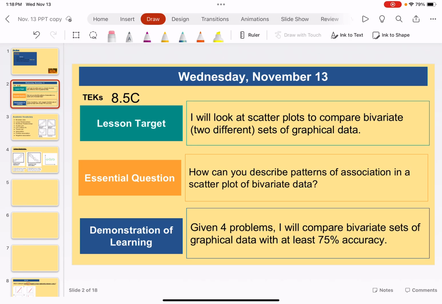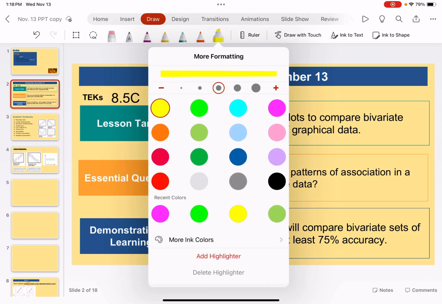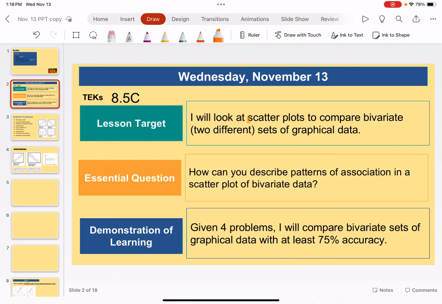Our lesson target is I will look at scatterplots to compare bivariate sets of graphical data. So basically we're looking at scatterplots to compare graphs, right? And then our essential question is how can you describe patterns of association in a scatterplot of bivariate data? So this is something new. So we're not going to be able to answer this essential question at the moment, but by the end of